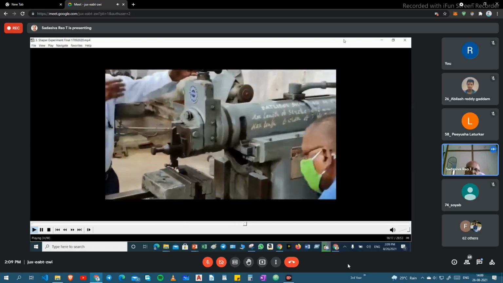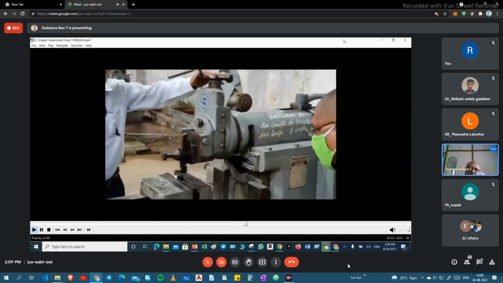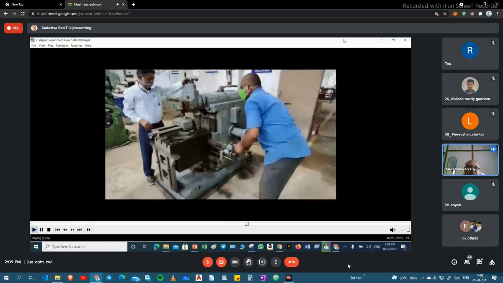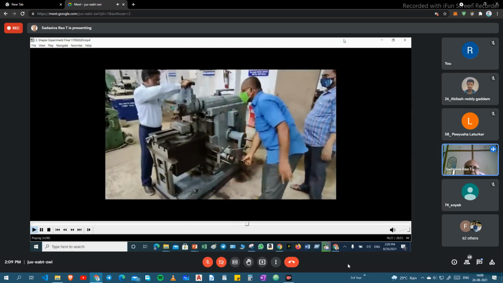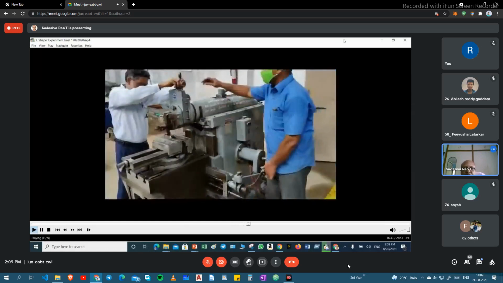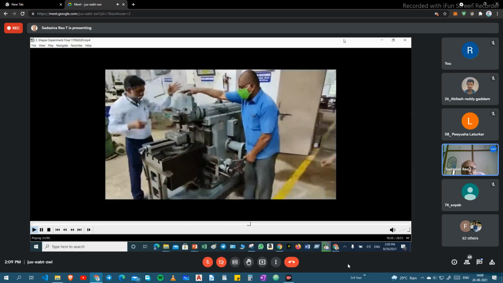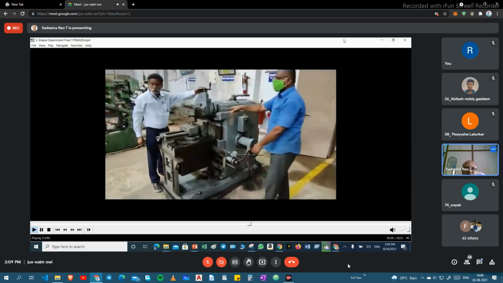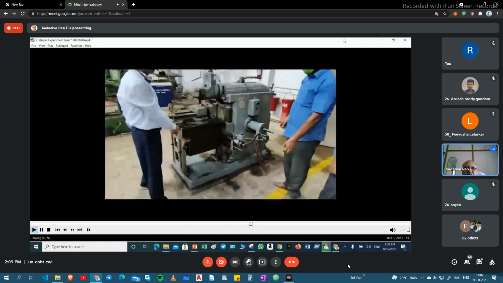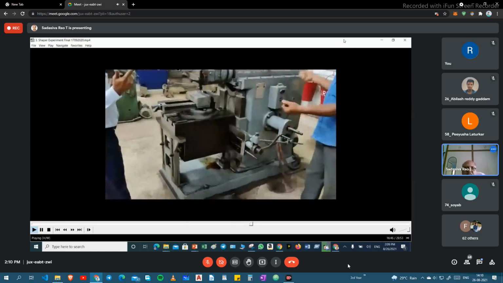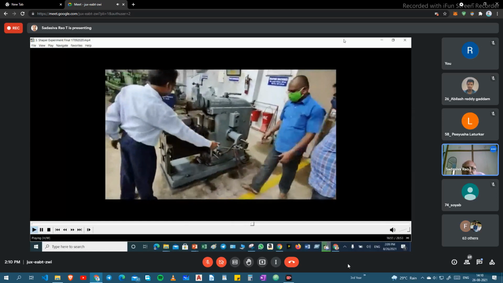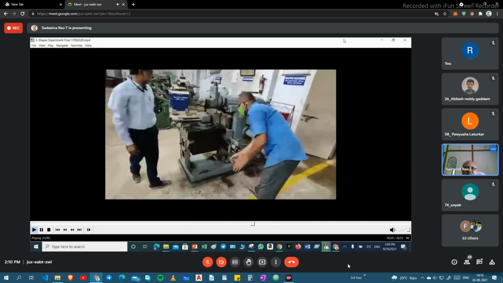At the beginning of the forward stroke, we have to give the depth of cut, by rotating this against the tool.